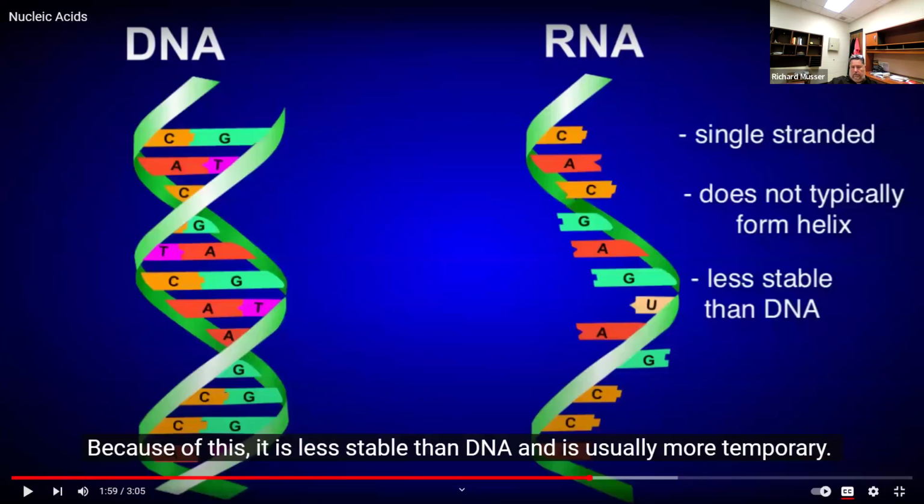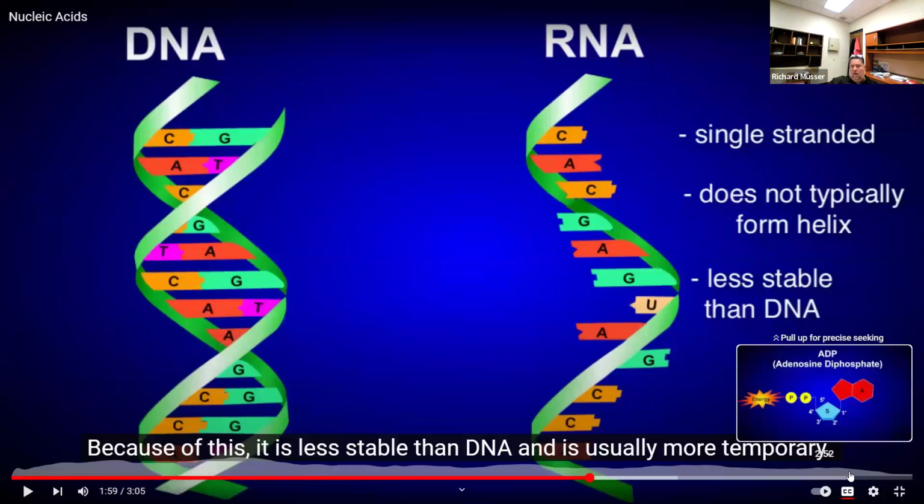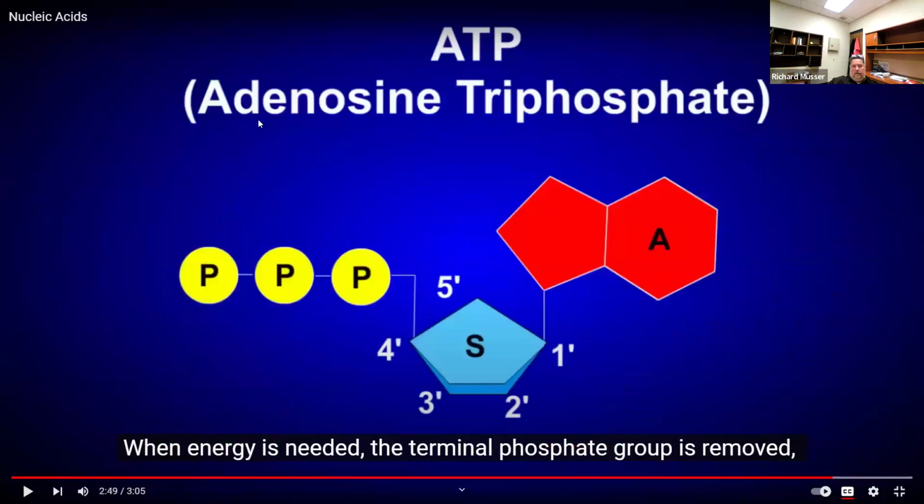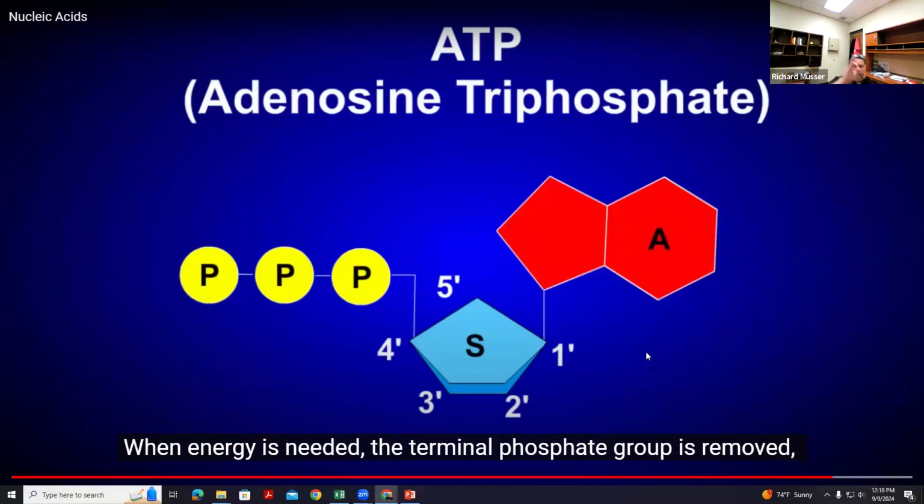Is there anything else I want to get out of this? Oh, I do want you to understand also that adenosine triphosphate is an adenine. Remember, we're talking about the adenine nucleotide. The adenine nucleotide, in this case, has 3 phosphates. So this is the fuel source for all living organisms, ATP. There might be other ones too, but this is the primary one, ATP. Again, it's the same nucleotide, but now it has 3 phosphates.